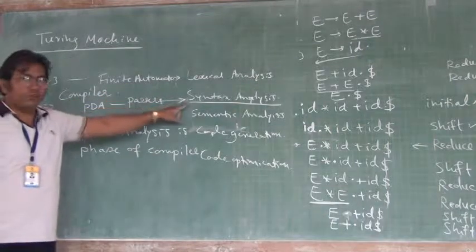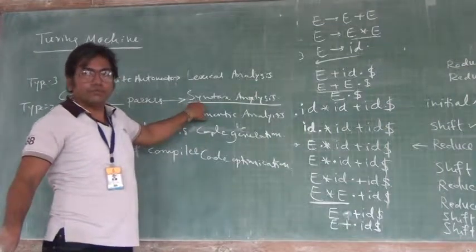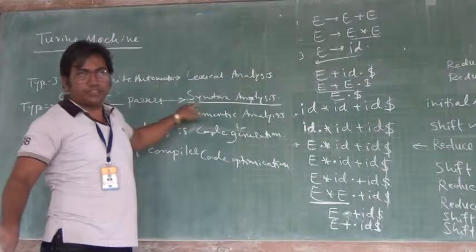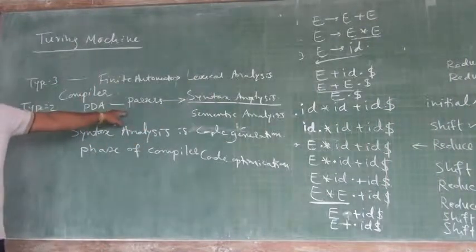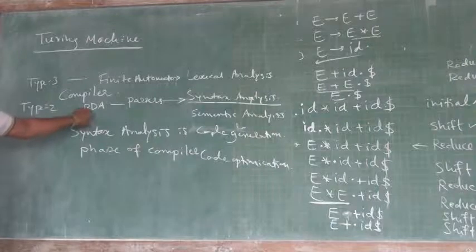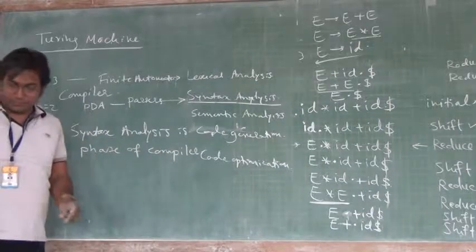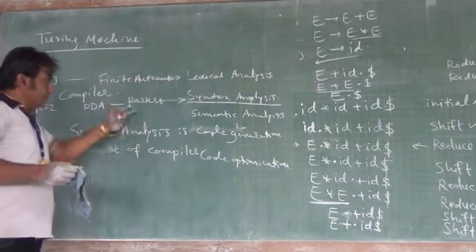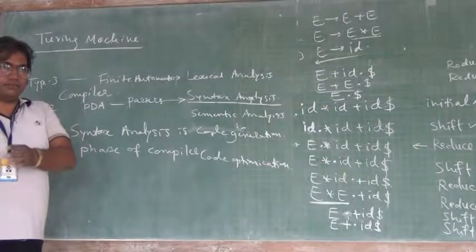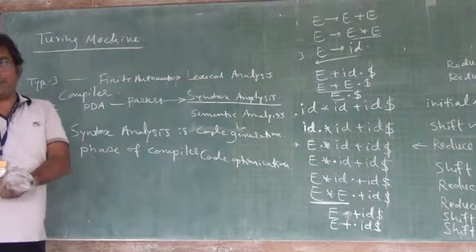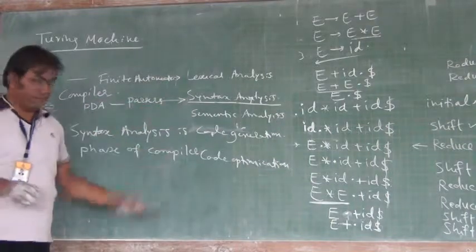To check the errors in your program, you need to check the syntax of your program, syntax analysis is required, and to build a syntax analyzer you need to build a parser, and that parser can be built by using PDAs. Okay? Do you understand? Fine. So you connect your finite automata theory with the real-life compiler, a real compiler like C, and you remember these phases of your compiler.